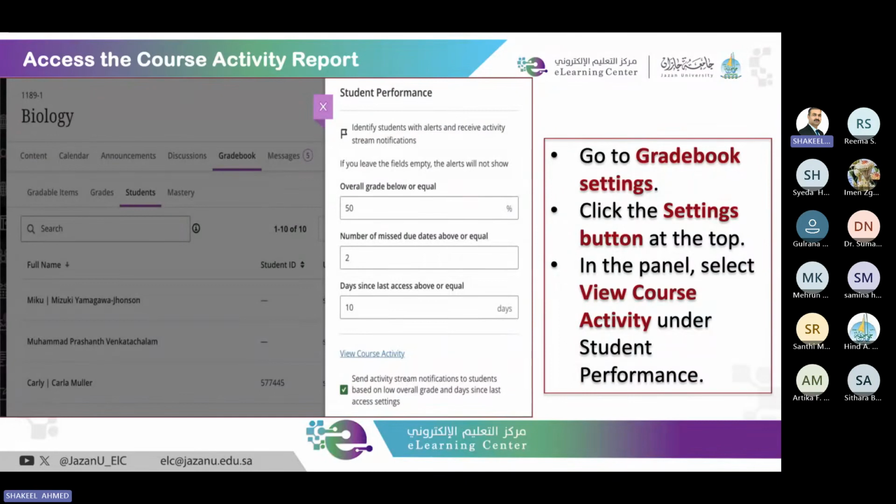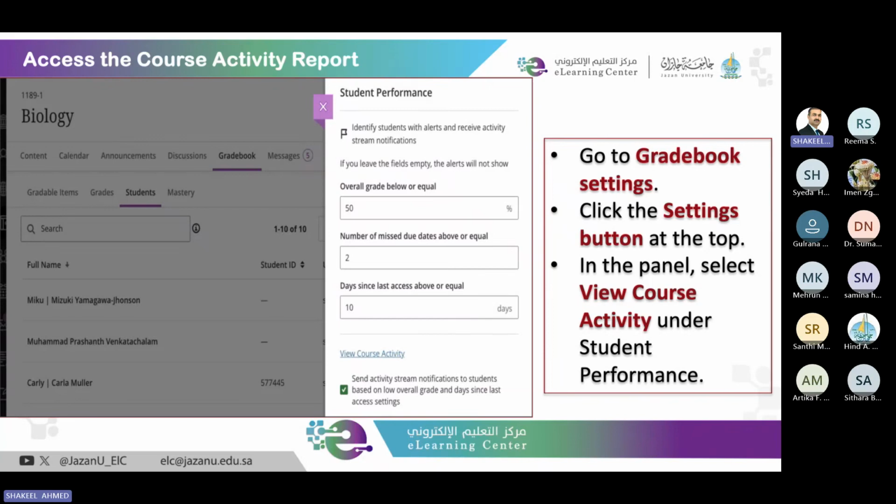Here you can see there is also a way to access the course activity report from the gradebook settings. To do this, go to the gradebook and click the settings button at the top. A panel will appear on the right side. From there, you can select View course activity under the section called Student Performance.